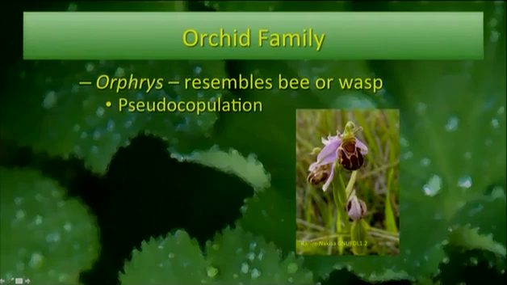So these orchids trick the bee or wasp into trying to copulate with them, and they dump their pollen on them, and then the bee ends up doing the job of the orchid without the orchid giving the bee any kind of reward at all. No sex, you know.